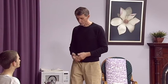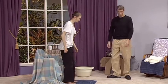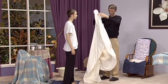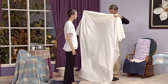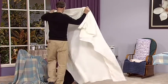Okay, Emmanuel, I'm going to have you stand up, and I want you to move towards the front of this towel here, and I'm going to drape you with this sheet. This is a fairly large sheet. You might not need something quite so large, but you want to be able to start on one side. I'm going to move over to this side. Behind him,